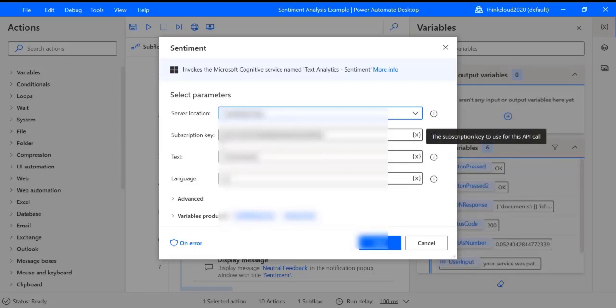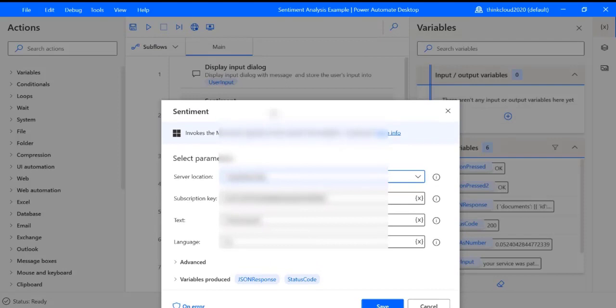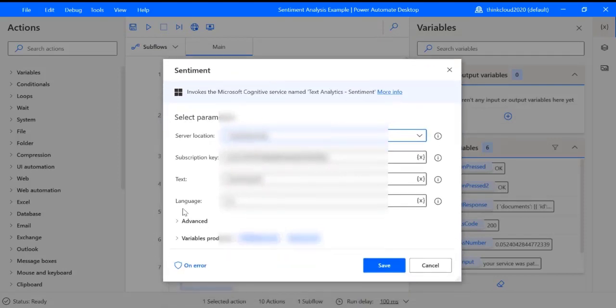The subscription key is the one which I copied from the cognitive services, and I have pasted it here. Then the text is the user input, which will come from our display input dialog, and the language is en, which stands for English. You can choose any other language which is provided by the ISO 639-1 representation.